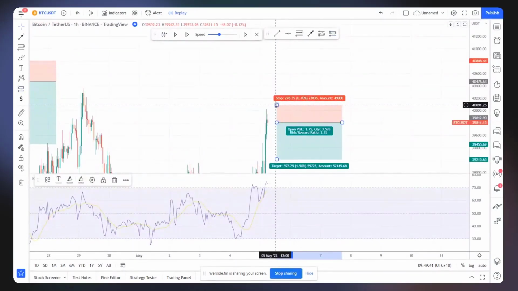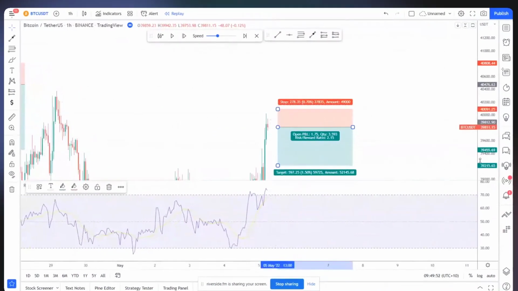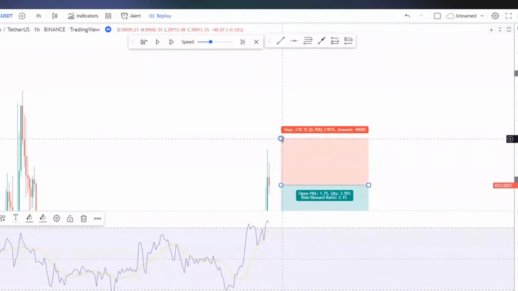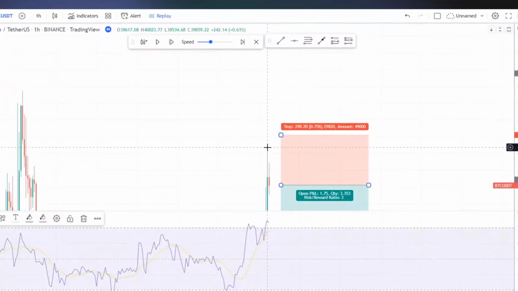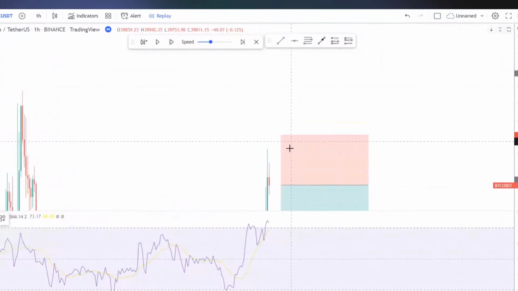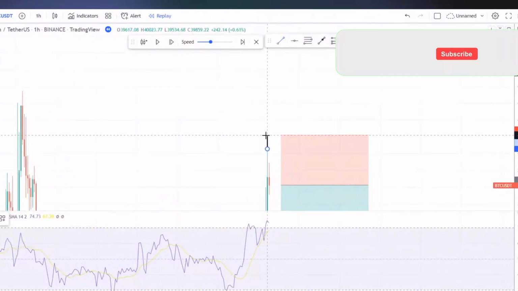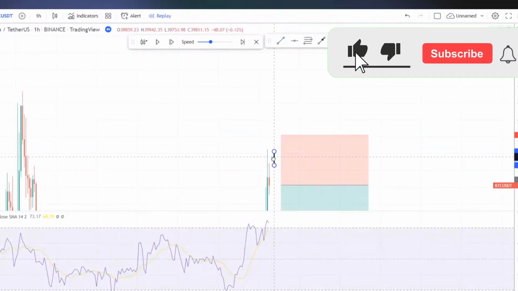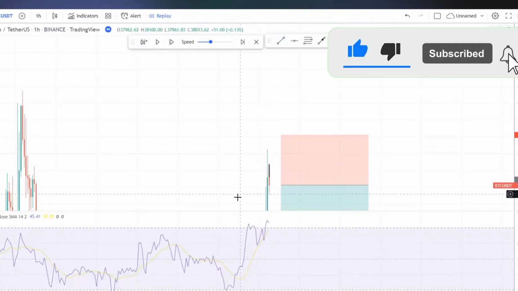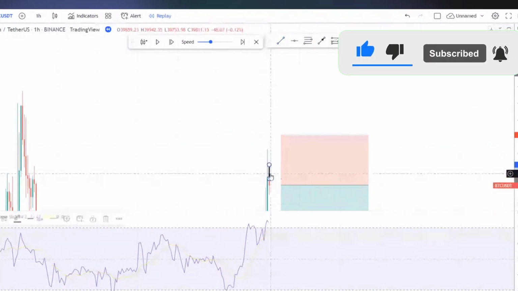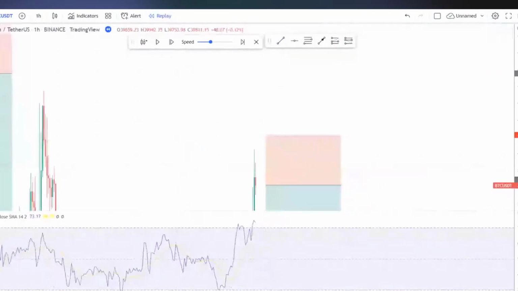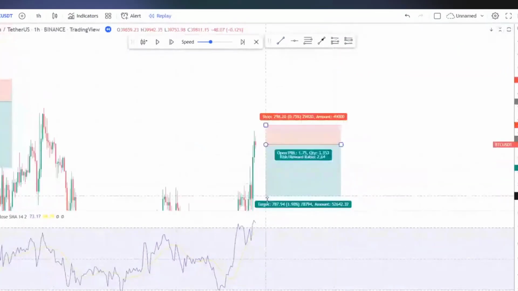If you wanted to say, Alex, how much space am I actually using? Just give it a small wick's breathing room. Just give it another wick's breathing room. And what you can see here, if we zoom in, is that I can give it another wick in here. If we just measure this out really quickly, what you can see from here to here, it's exactly the size of that other wick. Perfect. And then again, what we are going to do is aim for a 1-to-3 risk to reward,